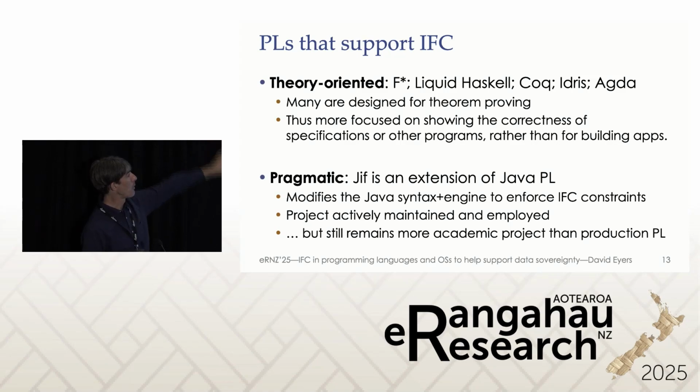A more pragmatic example is this system GIF, which took Java and extended that language in two ways. They modified the Java syntax and engine to be able to annotate the concerns that you have in information flow control, what you want to track about information moving through your system, and they also then changed the whole Java runtime, the JVM, the actual runtime engine, to enforce aspects of information flow control. So it's a project that's actively maintained and it has been used in projects, but it's still pretty much on the academic side of things. It's still fairly obscure. Their aim is not to take a general Java program and then turn it into one that has information flow control. Their aim is that you would write your software in this environment to begin with.